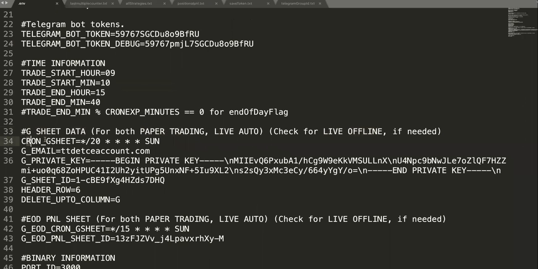So again, there is a task. After every 20 seconds, again Monday to Friday, if you want to run. If you do not want to run, just make it Sunday. So from Monday to Friday, after every, this is 20 minutes actually, right? Three stars in between means 20 minutes. After every 20 minutes, you will be getting PNL data of all your strategies into